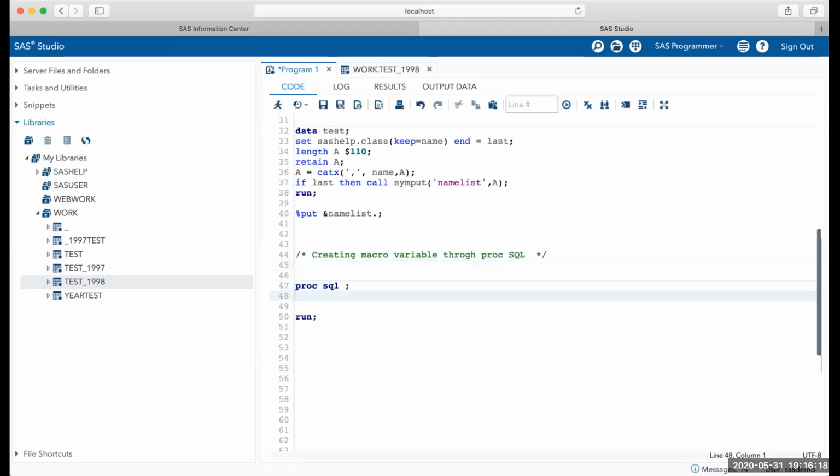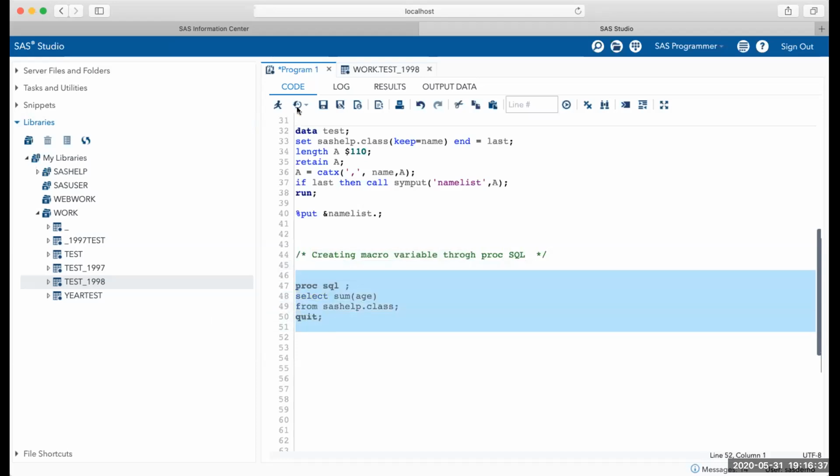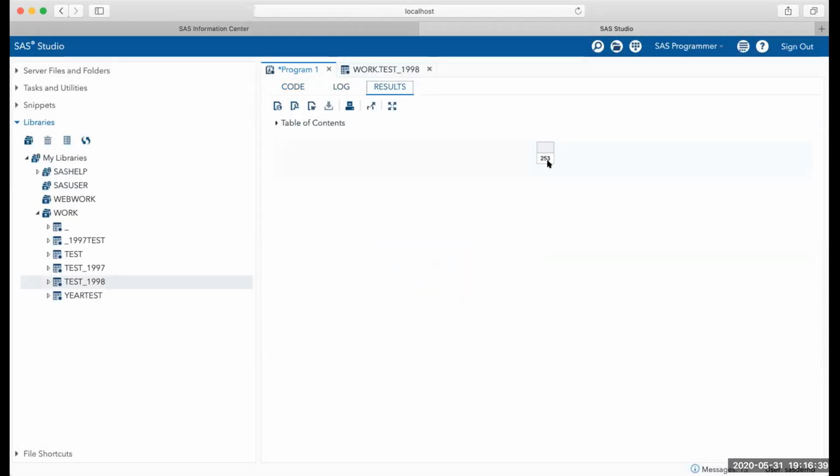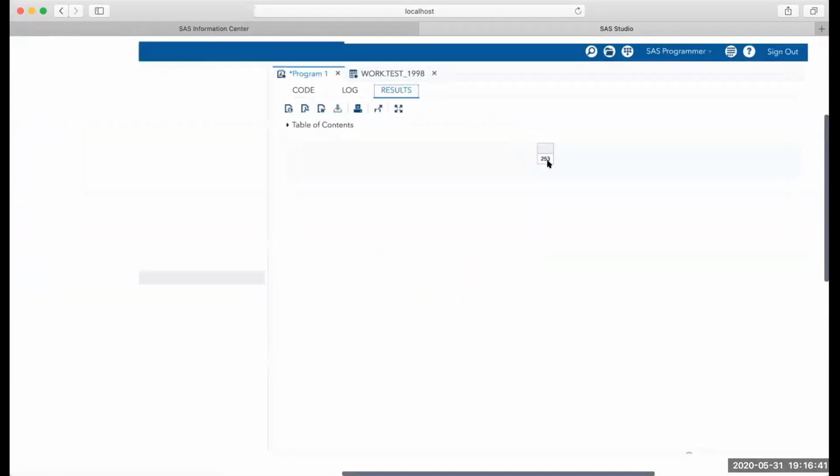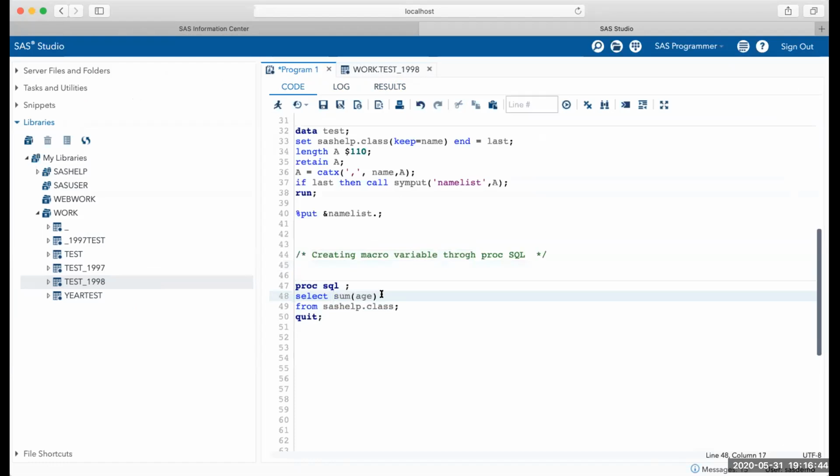Suppose I write select sum of age from, sorry, from the table. What it gives me is the total age. If I need to dump it in a macro variable, it's very easy. You just write into colon tot_age,